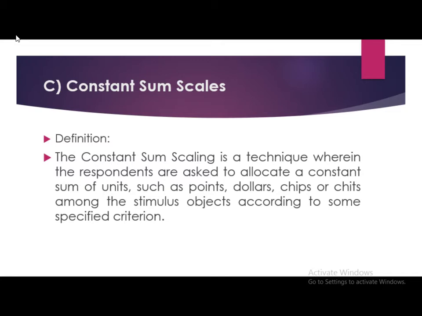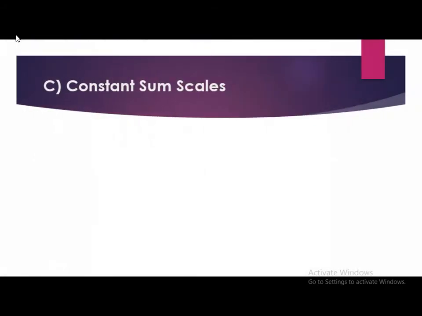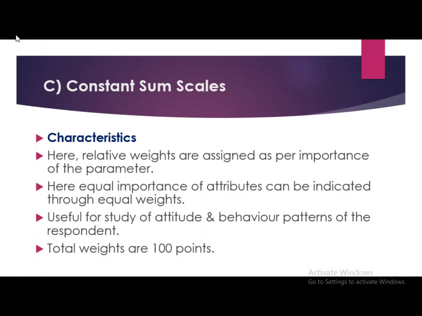It is called constant sum scaling. Now we will see various characteristics of the constant sum scale. Here, relative weights are assigned as per the importance of the parameter. Equal importance of attributes can be indicated through equal weightage. This is useful for the study of attitudes and behavior patterns of the respondents, and you have to remember that